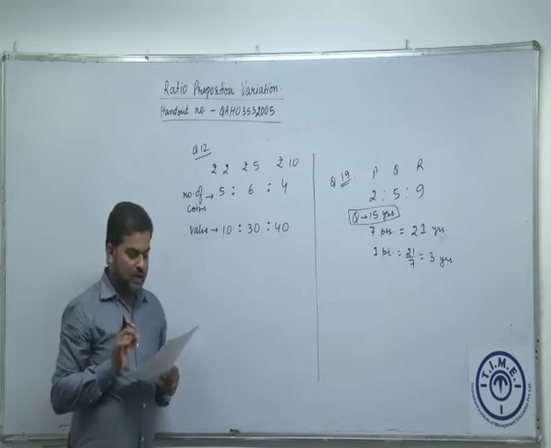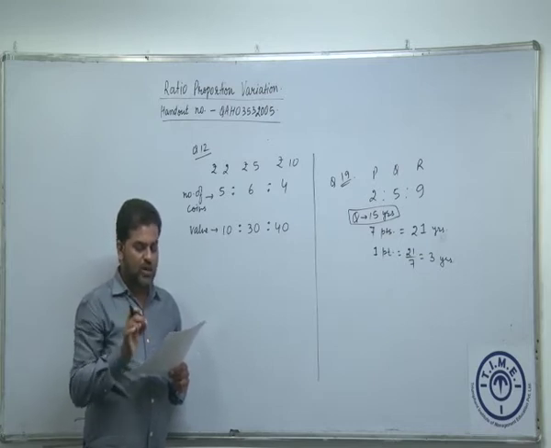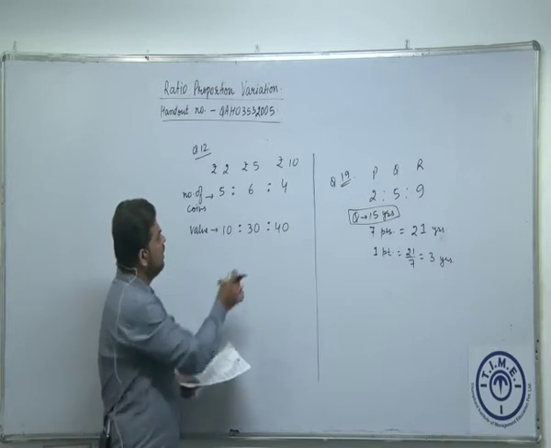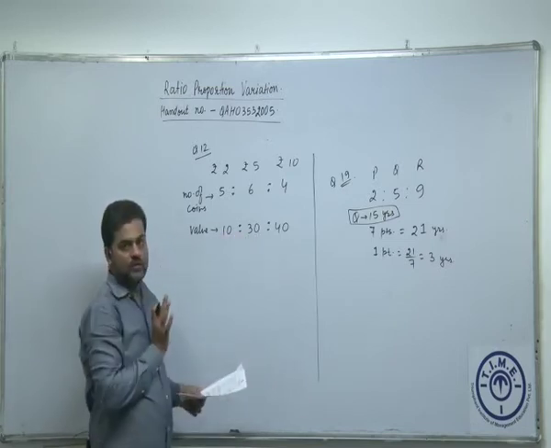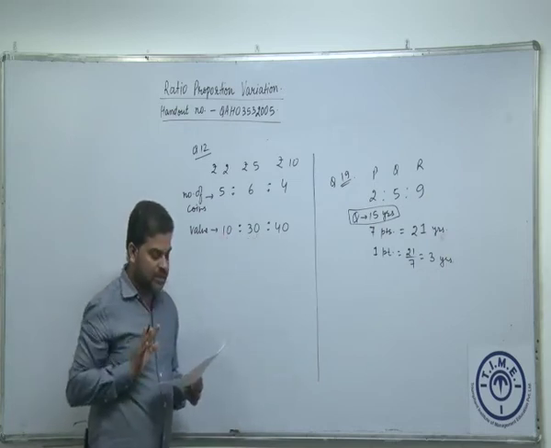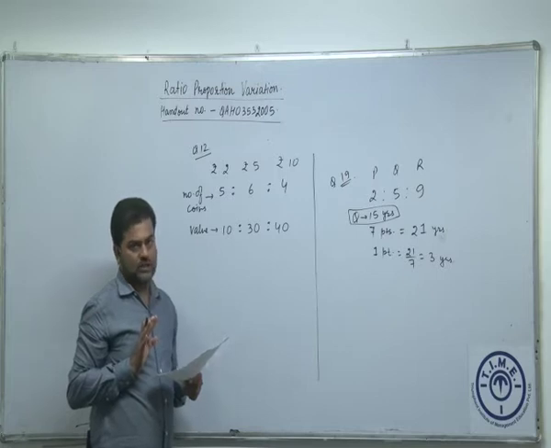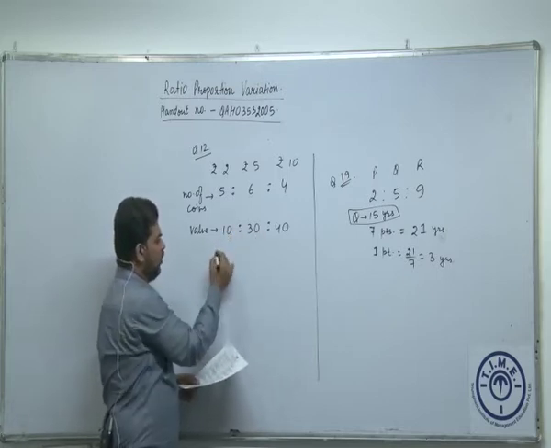Now let's look at other data. It is saying the total value of 5 rupee coins is 40 more than the total value of 2 rupee coins. So this is the value for 5 rupee coins. This is the value for 2 rupee coins. This is how much more than this? In the question it says it is 40 more than this. So can I say 30 ratio points minus 10 ratio points?